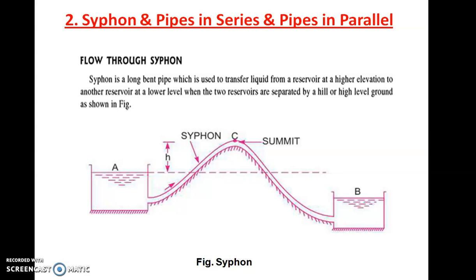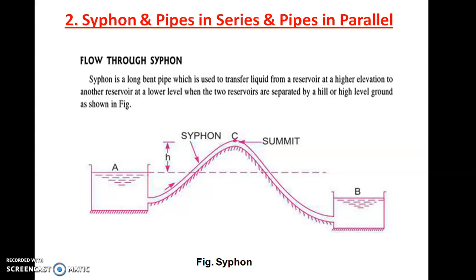If you see in the figure, there is a point C, capital C, at the top of the hill or the mountain, which is called as a summit. The point C is called as a summit. Summit is nothing but it is a point which is at the highest level in the siphon. Why the point summit is having importance, that is very essential to know, because the point C, if you see, it is at a higher level than point A. So that does not mean that it will have higher energy than point A.